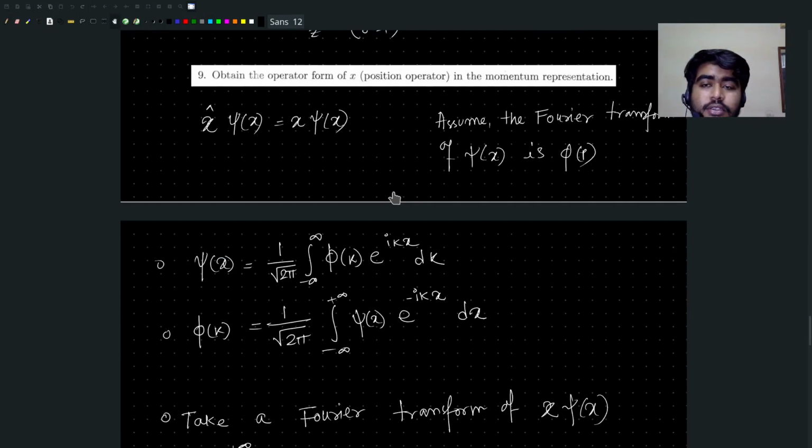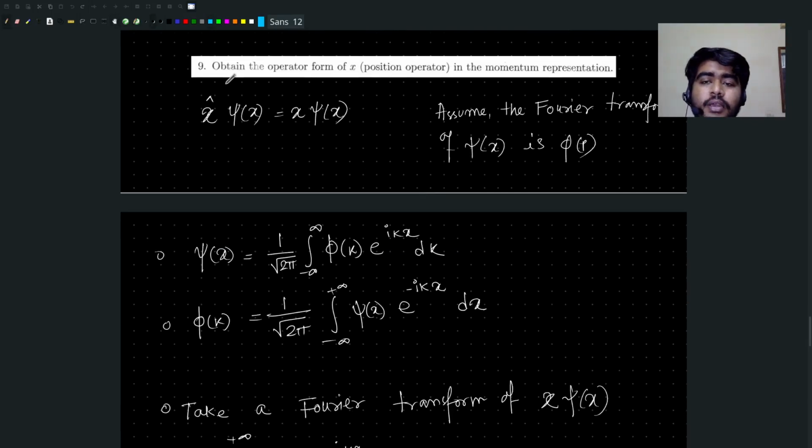Okay, so now this is interesting. Obtain the operator form of x in the momentum representation. So let's first start with writing the eigenvalue equation of this x operator. So when x acts on a wave function, this gives the position back, which is here a number, and